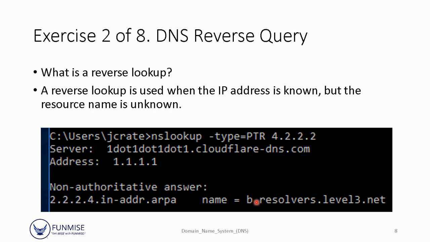2.2.2.4.in-addr.arpa, the name is b.resolvers.level3.net. Notice for the pointer record, the IP address actually is in reversed notation here. Did you notice that? Okay, now,